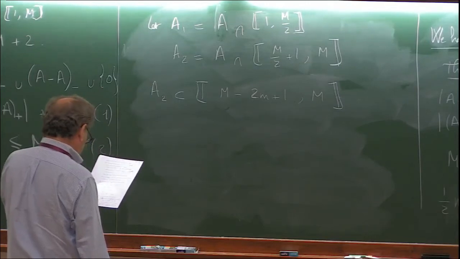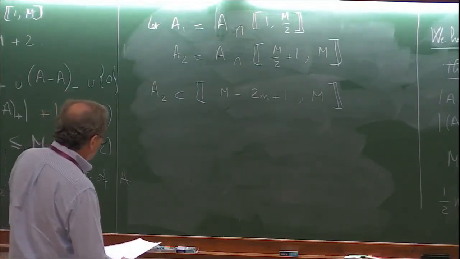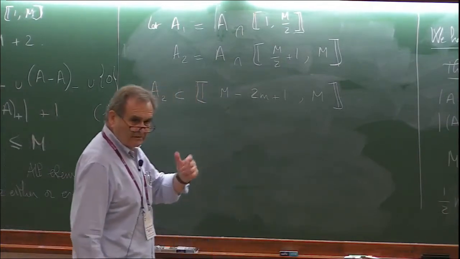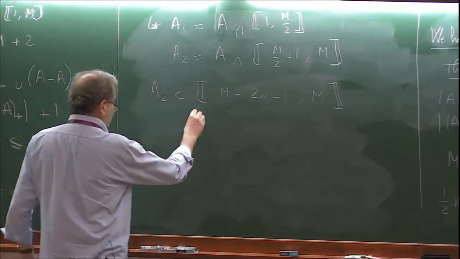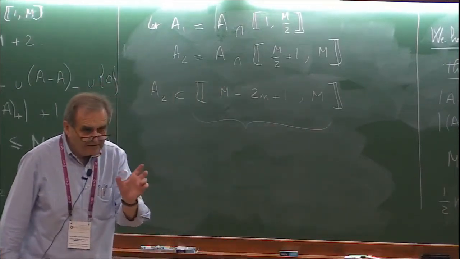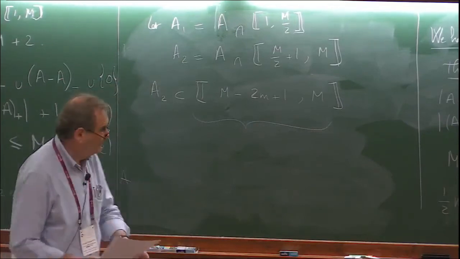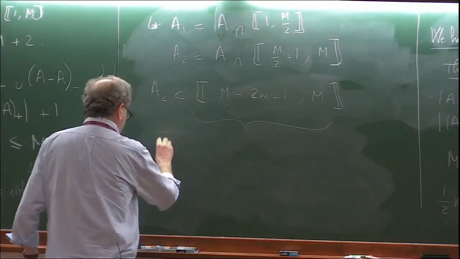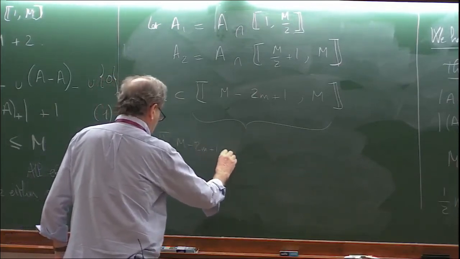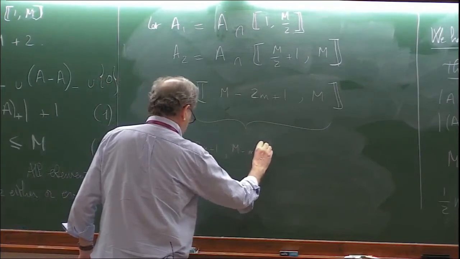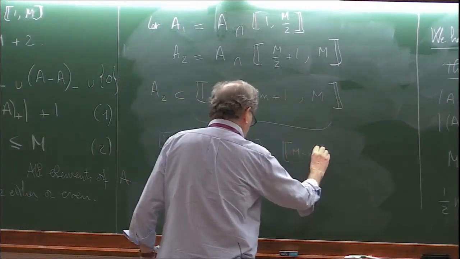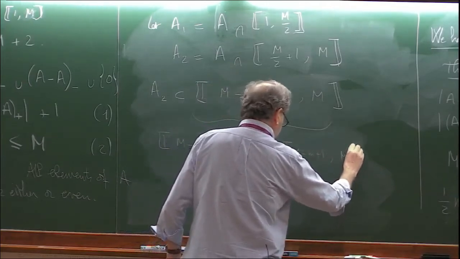Well, this is fine. Now, the point of interest here is that this set, you can write it as the union of two sets which are shifted by little m. So this is the set m minus 2m plus 1, m minus m, union m minus m plus 1, capital M.